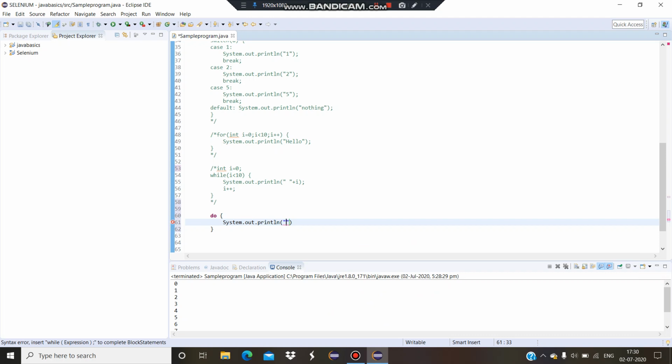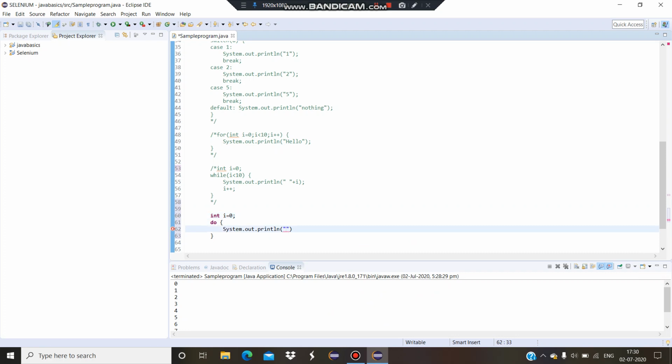So I'm initializing int i equals to 0. So here I will print i, and I will show you the output. If the condition is false at the very first step, it will not look into the condition first, it will look into the statement inside the looping statement, and it will execute it at least once even if the condition fails at the very first moment.